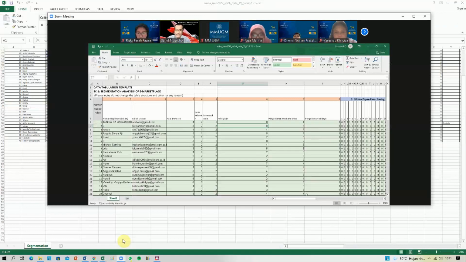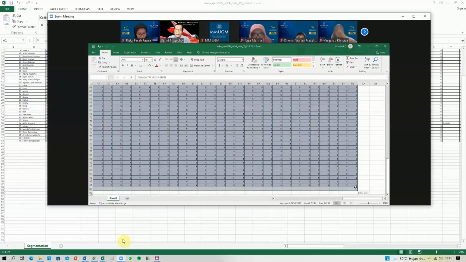Only the data. You just copy from the name of the respondent until the last column. Only the data; you don't need to include the respondent number or the header.